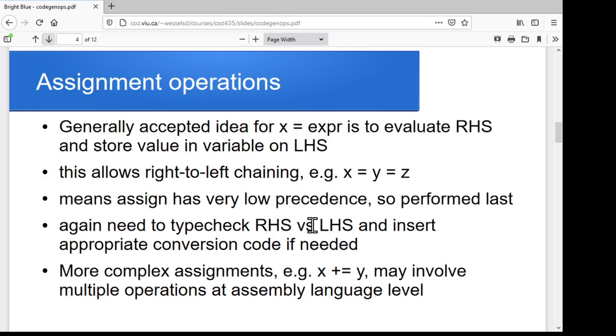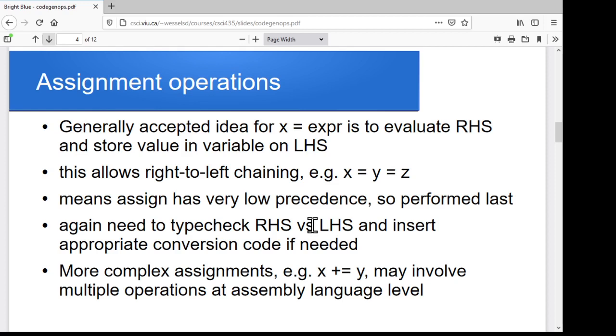Assignment operations we should think about, since they are actually going to be changing the value of a variable. So we have to make sure that, if we've got that variable stored in a register someplace, it's updating the correct register, and that eventually is going to get written back to the right place in memory. If the variable is currently in memory, then we've got to figure out a way to get the assigned value into the right memory location. So whatever sequence of code statements we have to generate to accomplish that has to take place with our assignment